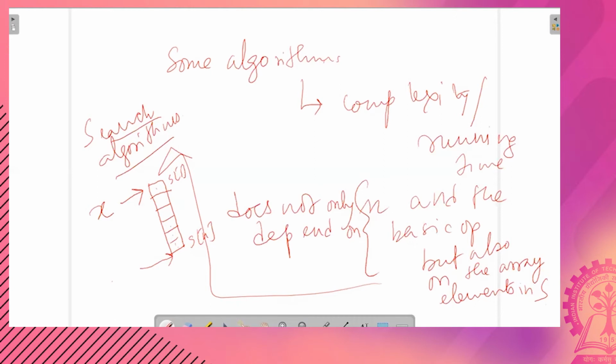However, there are some other algorithms where whatever is the value of the elements in the list, the complexity does not change.